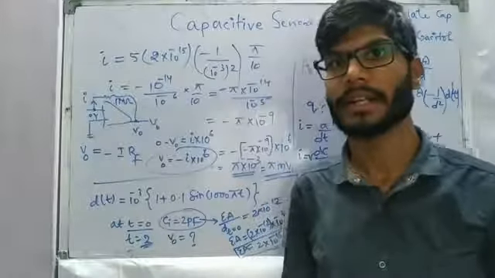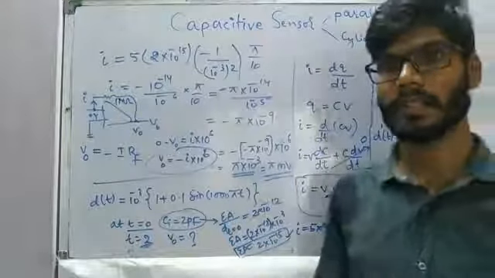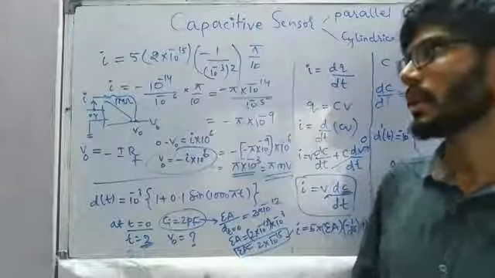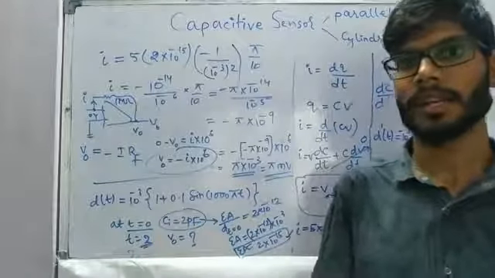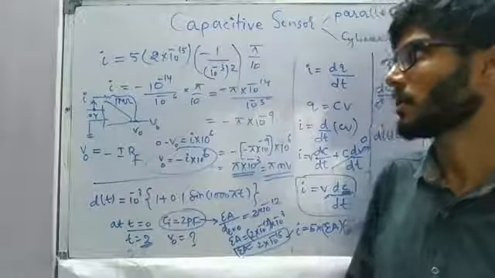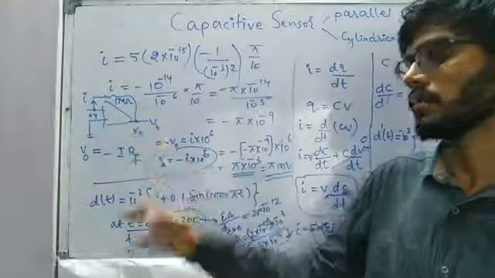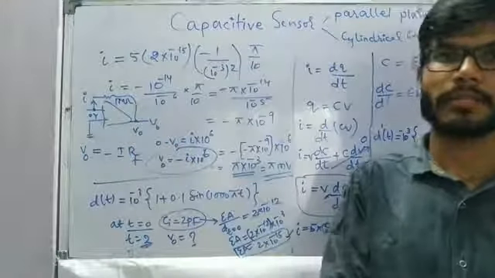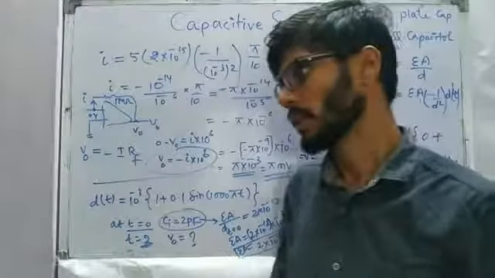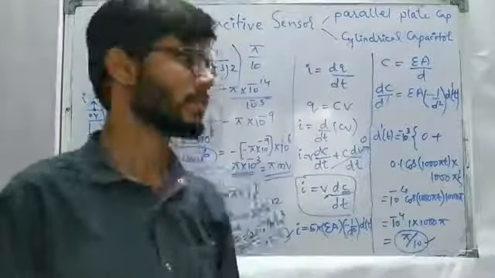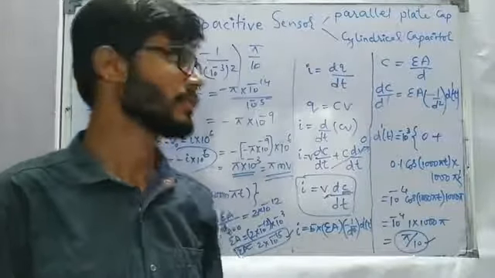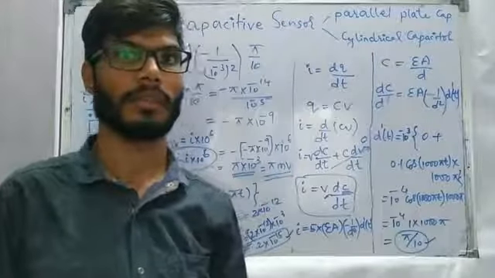So that's the complete idea how we were able to get the variations in the distance using the diaphragm, and that variations in the distance are going to be sensed as variation in the capacitance, and placing that particular capacitance in a particular operational amplifier circuit, we are able to get the proportional voltage output as per the sound applied on the microphone. So that's how using any type of variation, whether area, displacement or distance or permittivity, we can get the variations in the capacitance, and that particular variations we can make use of it.